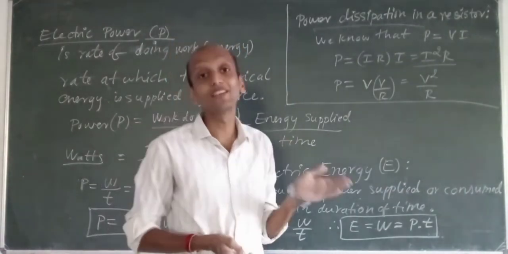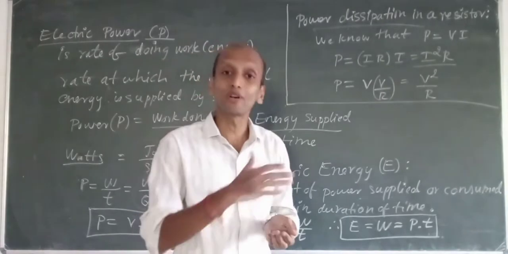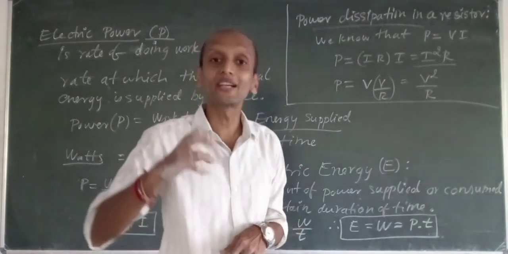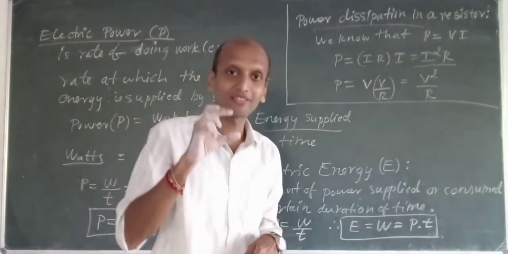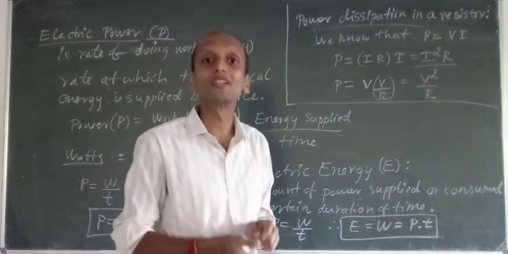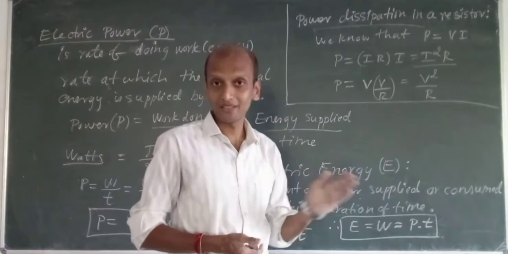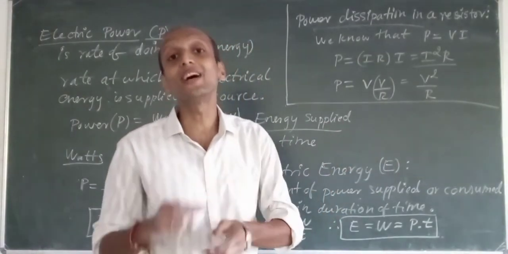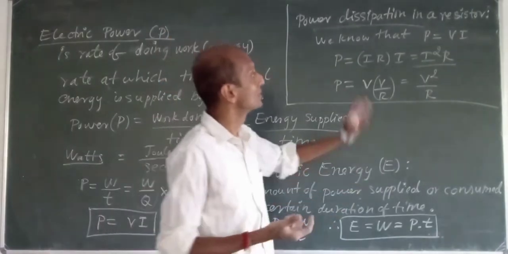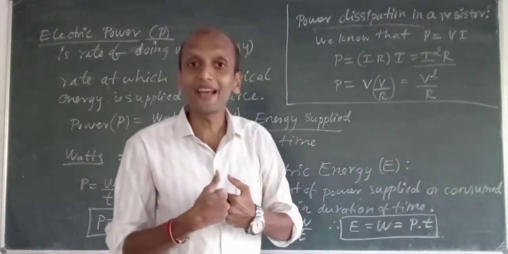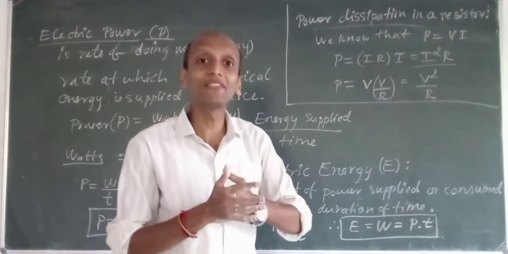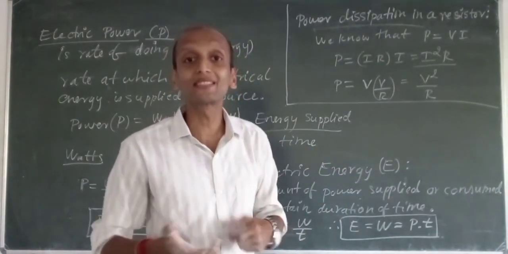When the current flows through a resistor, the electrons strike the atoms of the resistor. The resistor has atoms, and when current flows, electrons start to flow. These electrons go and strike the atoms of the resistor, so they collide, meaning going and hitting. With this collision they will give out the energy in the form of